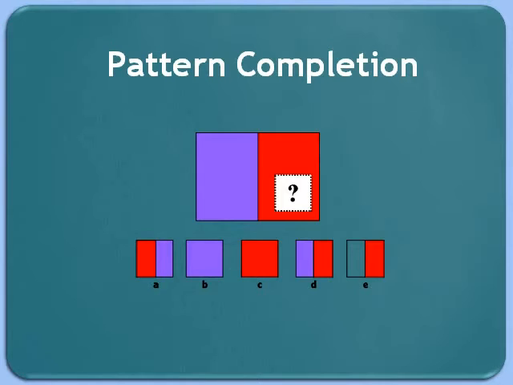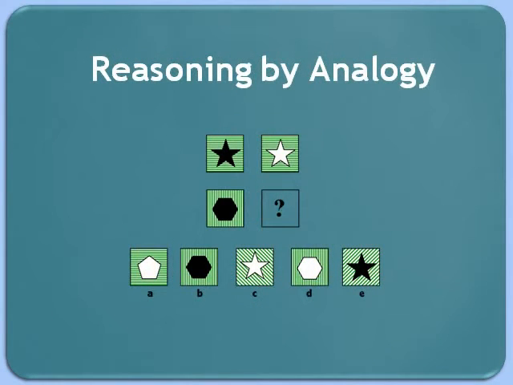To solve the puzzle, the child must look at the design with a missing piece and select the answer that completes the pattern. For instance, in this example, the child must recognize that the only correct answer is the solid red box, answer C. In a reasoning by analogy exercise, the child will be presented with 2 or 3 rows